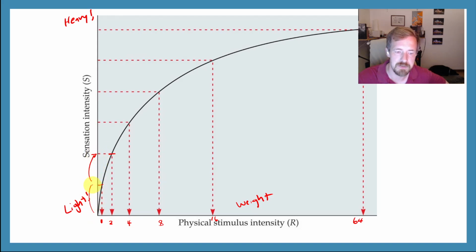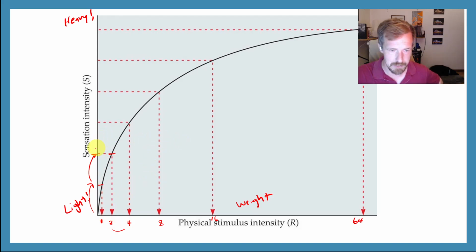That basically the perceptual power has doubled from 1 to 2. And that's probably not all that surprising, right? Because we're talking about from 1 pound to 2 pounds. It is double the physical intensity, but watch what happens when we double it again. So when we go from 2 to 4, you would expect that maybe the perceptual power would double again, but